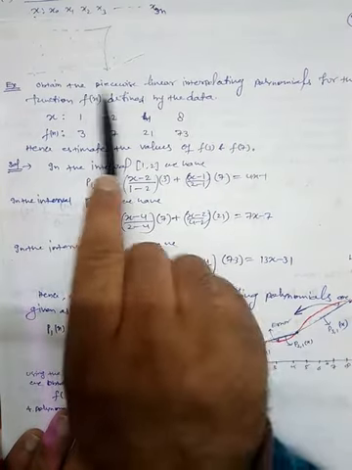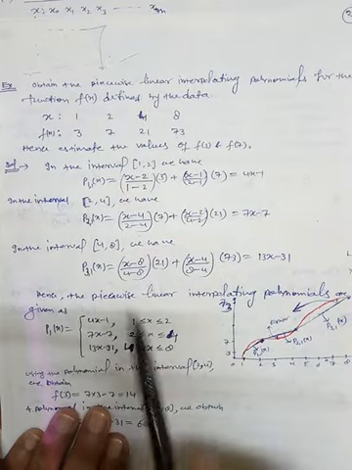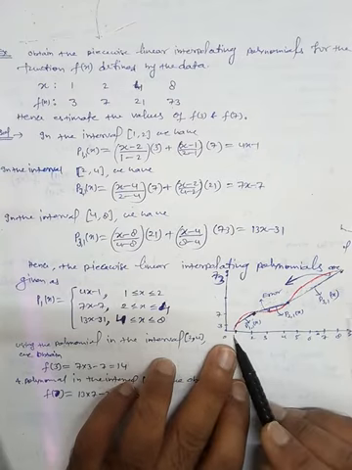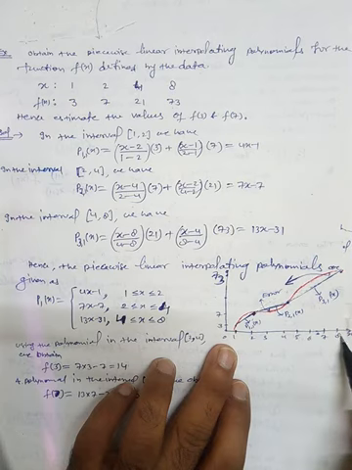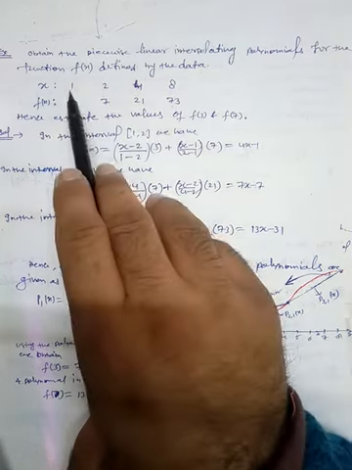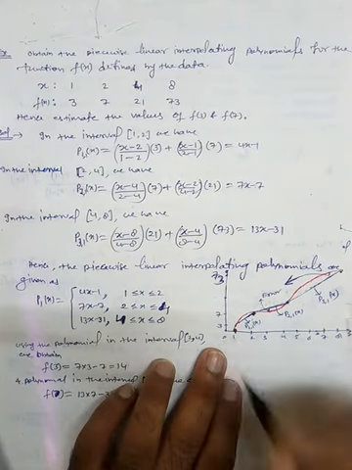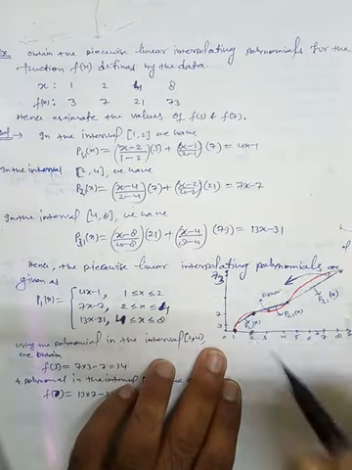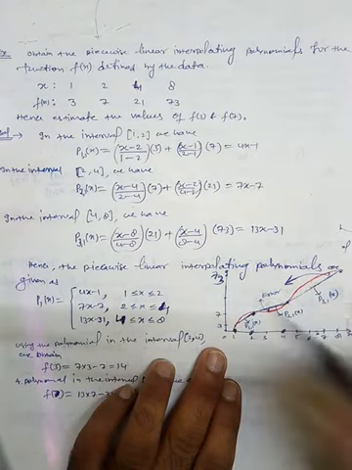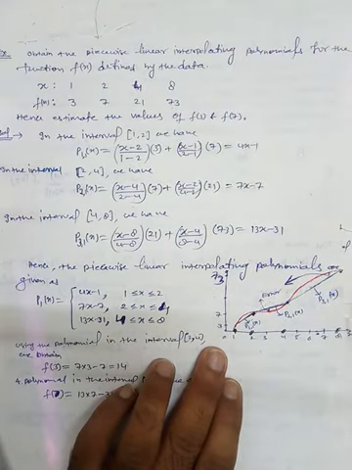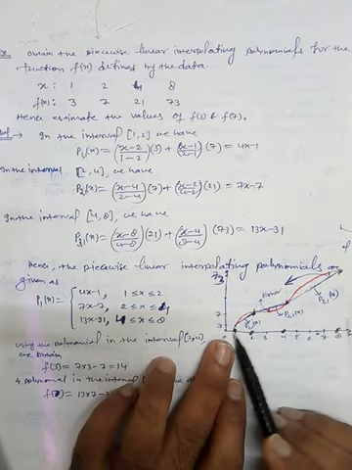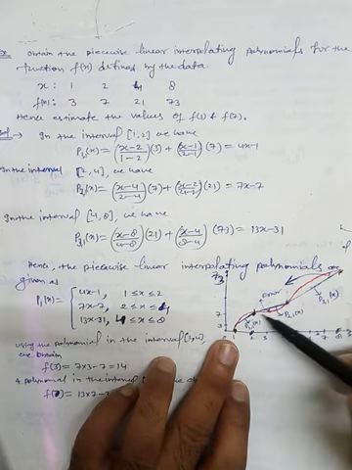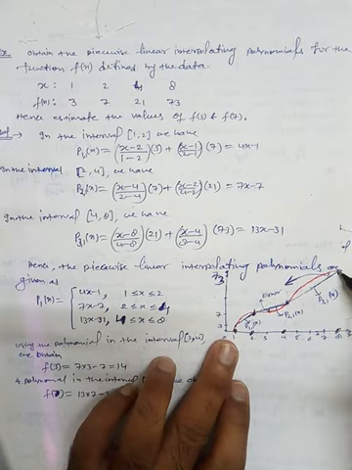So we will try to fit a piecewise linear interpolation. First we have this type of data on an axis: 1, then 2, 3, 4, 5, 6, 7, 8, so from 1 to 8. Now we have data points at 1, at 2, then at 4, and then at 8. So ultimately we have these data points. Now when we join these by a red curve, the red curve shows the actual f.